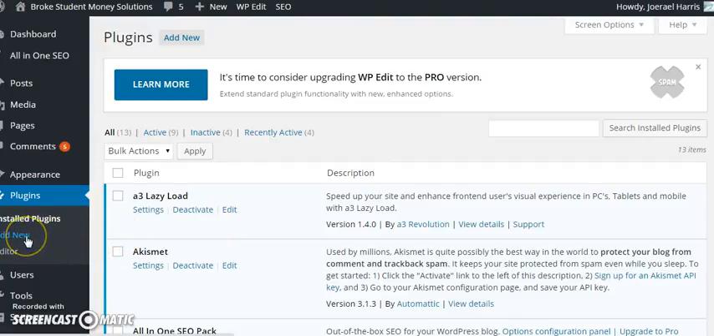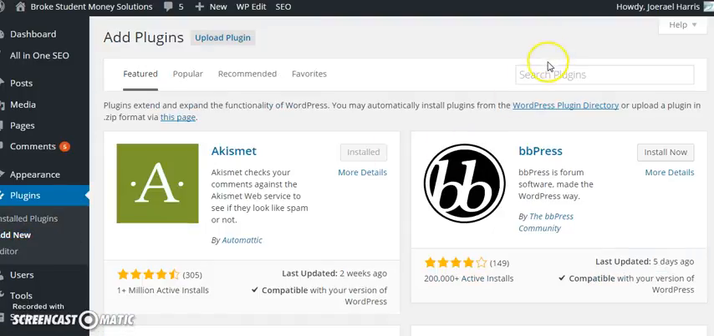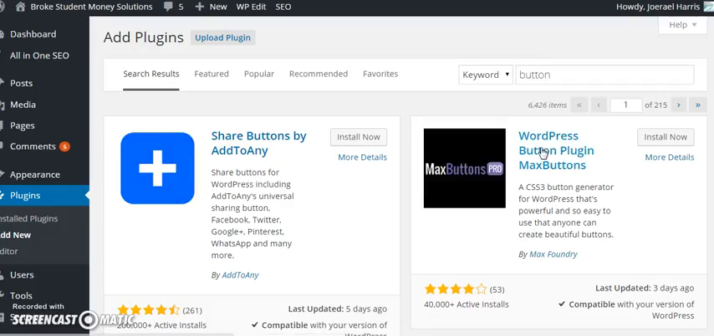Alright, so you go to the plugins section and click on add new. Okay, and let's say you're looking for a particular plugin. Let's say you want to put a button on your site, so you type button. A lot of times you don't know what kind of plugins are out there. You have to do your research. Okay, and here are some examples of some plugins,